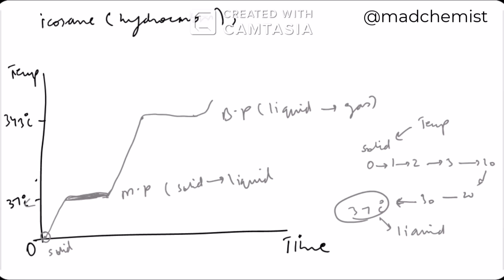So at this point, this substance is completely converted into liquid form. The temperature remains constant, while it takes time to convert one particle and 100 particles to liquid form. And again, at that time, energy is being provided to these substances continuously. So this energy is used in converting all the particles of the substance into liquid form.